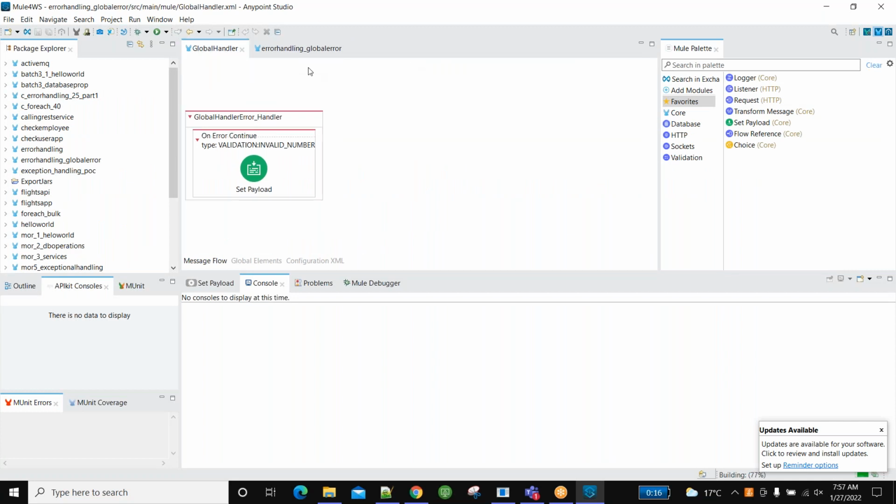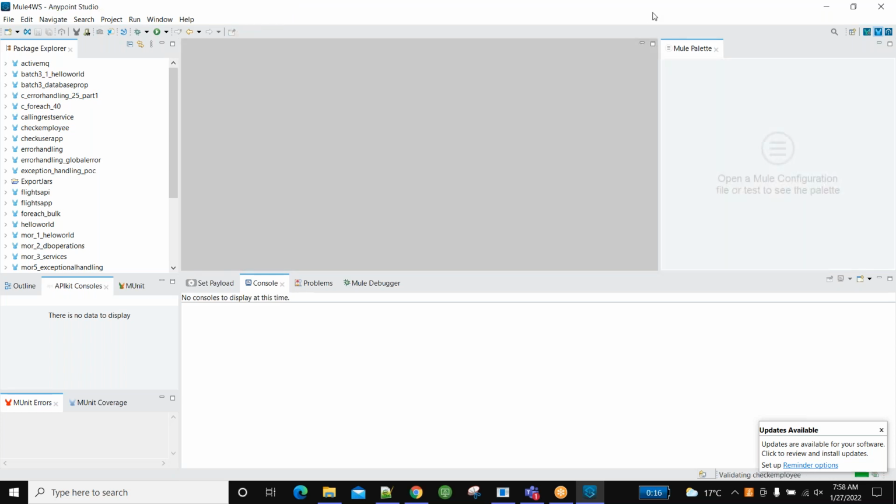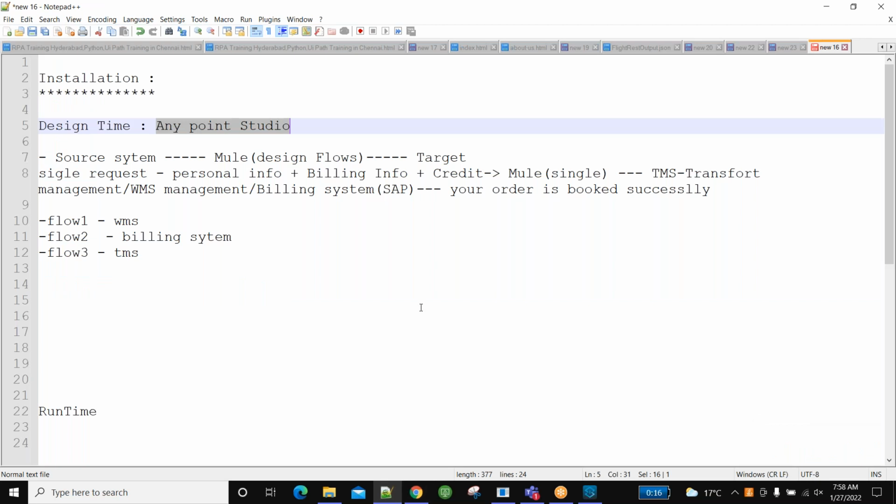This is the tool. If anybody has worked with Eclipse, they will easily understand, because it looks similar to Eclipse.